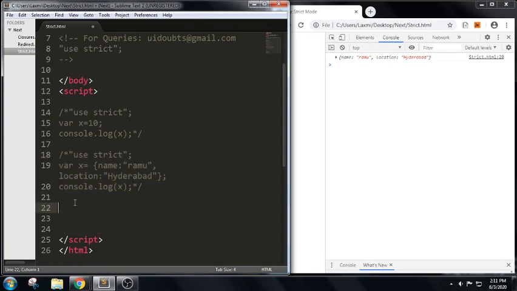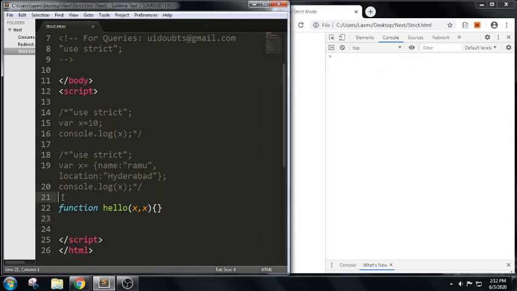And the next use case, for example, I am trying to write duplicate parameter names. I have a function here, function hello, and in this function I am trying to take x and x. Let me check this.